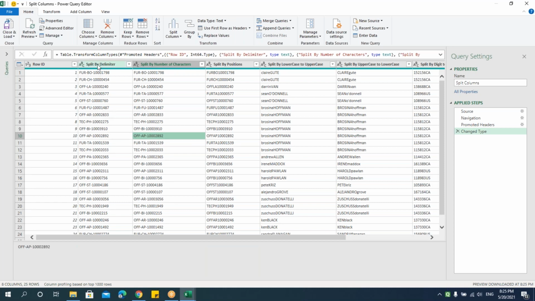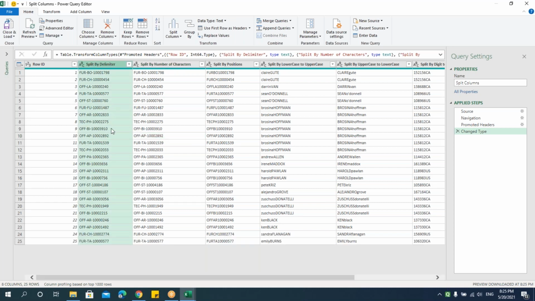Let's say I have this split by delimiter. Suppose I have data and I have to split this by delimiter. What are delimiters? A delimiter is nothing but the character which will separate the text. Here I have a delimiter that is hyphen. I'll select this and then we have the split column. There are so many different options. We'll go one by one. If you want, you can make a duplicate also here.